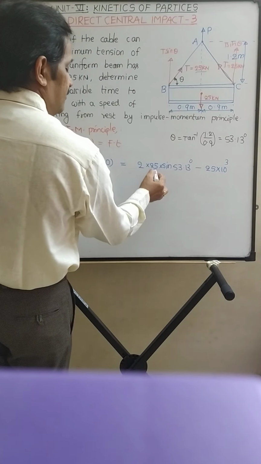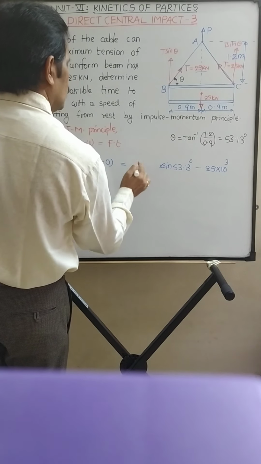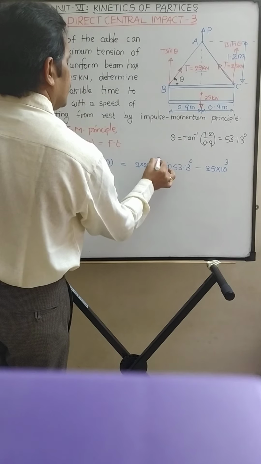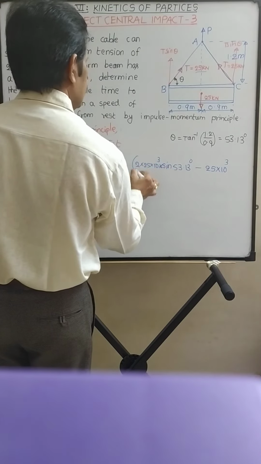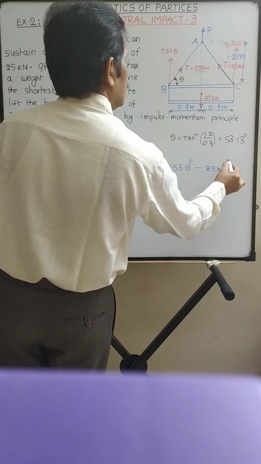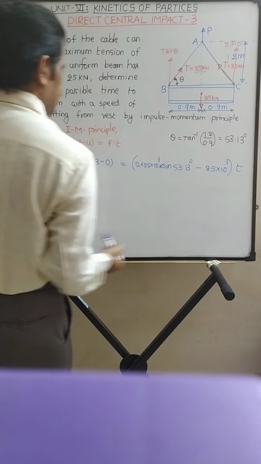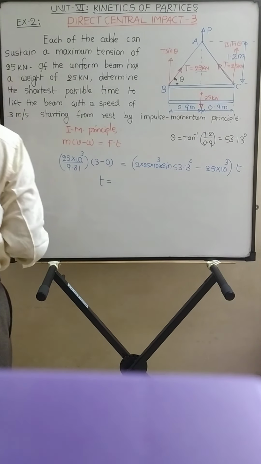See here 25 is in kilonewton, so let us consider that in newtons. So it is 2 into 25 into 10 raised to 3 sin 53.13 minus 25 into 10 raised to 3, into the time t. So solving this equation you get t is equal to